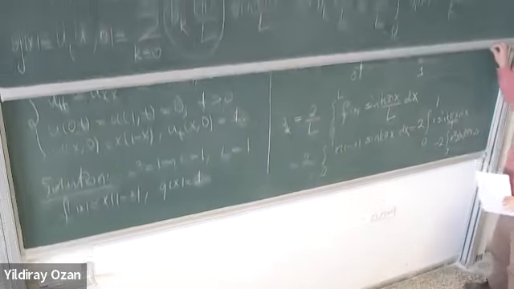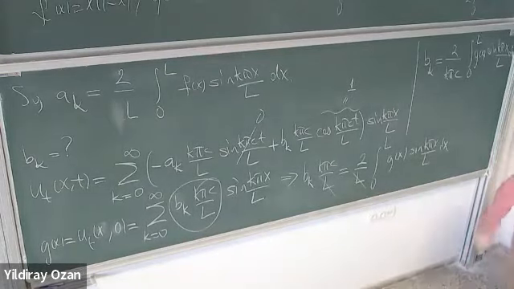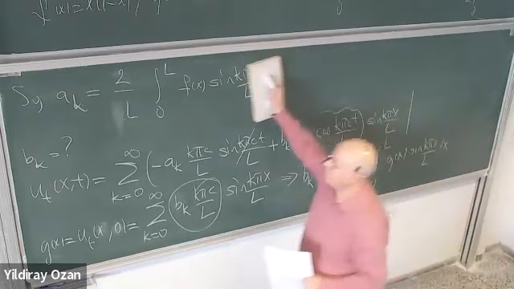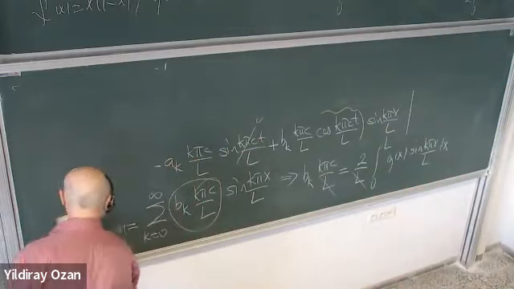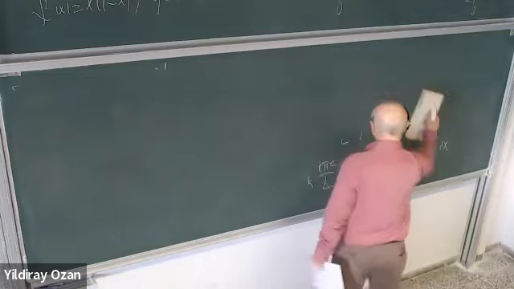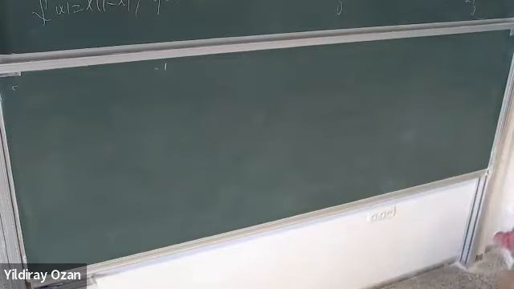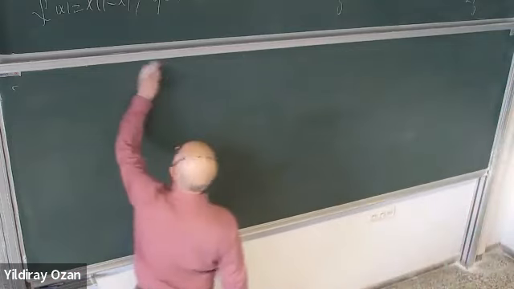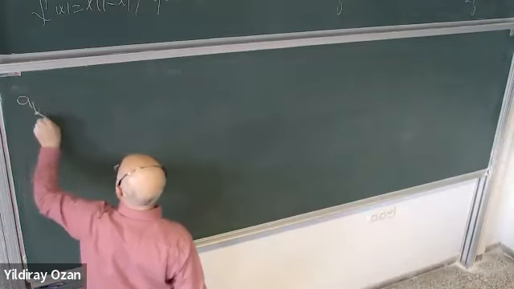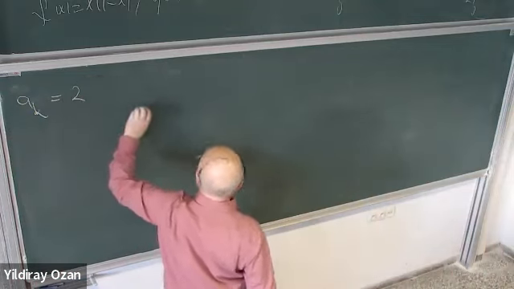All right, so let's see. Okay, so a k is 2 times. Now, for the first one,